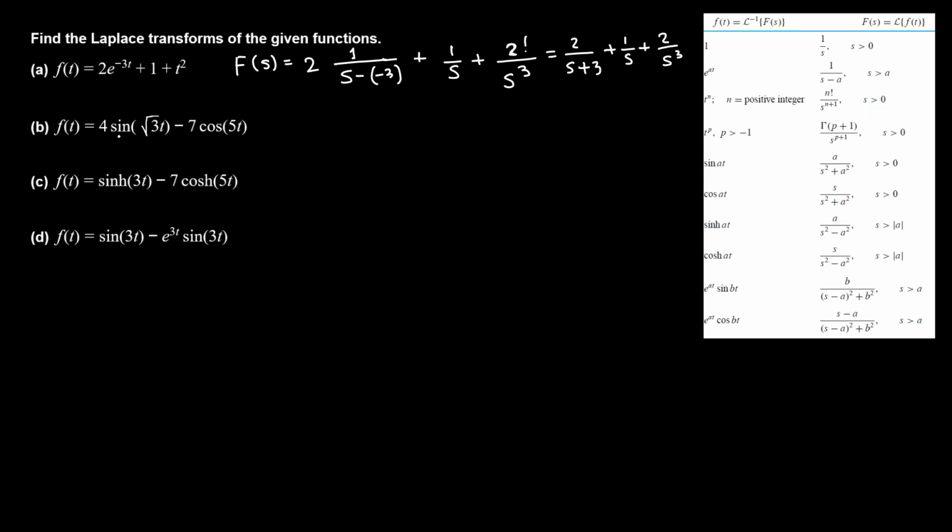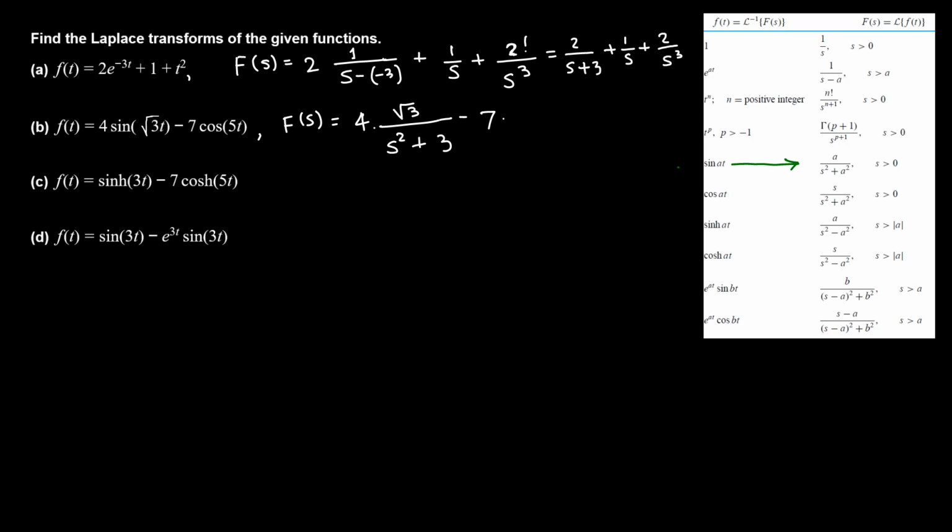Okay, and let's move to part B. The Laplace transform of lowercase f is now, this is 4 times sine at. Okay, 4 stays there, sine at. And let's look at the table here. Sine at, sine of constant times t, is a over s squared plus a squared. So a is root 3, over s squared plus a squared, root 3 squared, which is just 3, minus 7 times